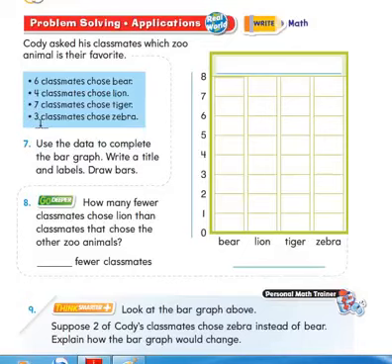So I have to know how many classmates choose lion. Yes, there were 4. So 4 is fewer than 16 by what? We said before, to get how many fewer or how many more, we have to make subtraction. So I have to write 16 minus 4 to get the answer. The answer is supposed to be